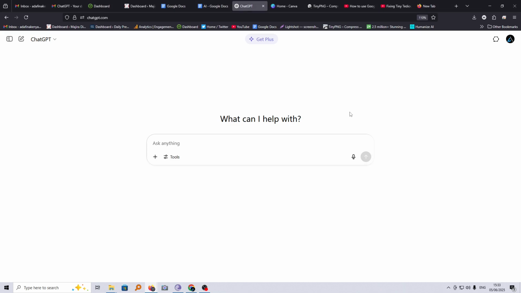In this tutorial, I'm going to show you how you can connect Google Drive to ChatGPT. If you connect Google Drive to your ChatGPT account, this will enable you to add or share files from any of the Google Drive apps, such as Google Docs, Sheets, Slides, and others, to your ChatGPT